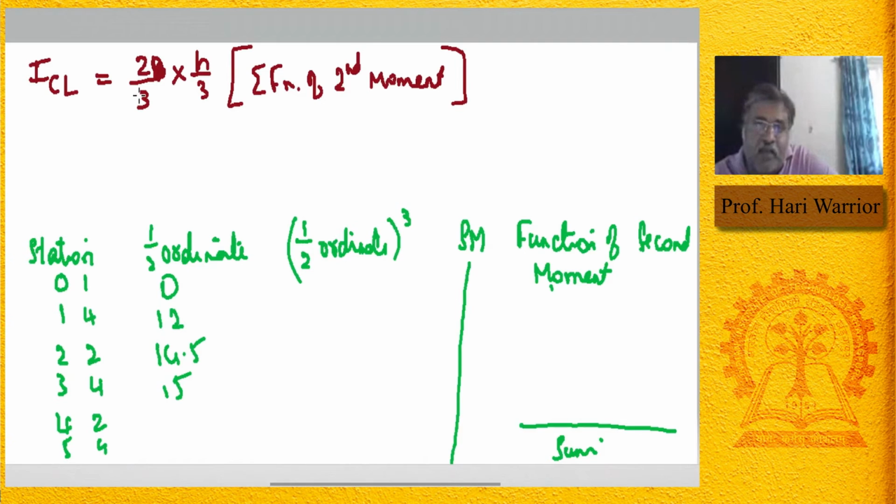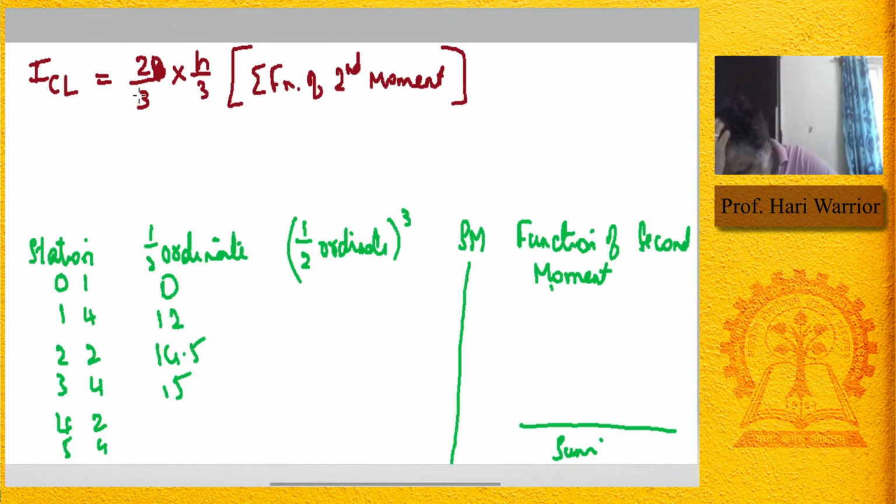For the transverse, you just look back and see the expression for the transverse second moment of area. There must be a 2 by 3 there. I don't have the text with me, but that will be 2 by 3 there. Just confirm it. You should be having IT as 2 by 3 into sigma function of second moment, or it's 2 by 3